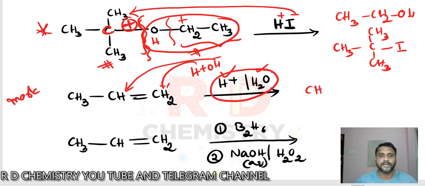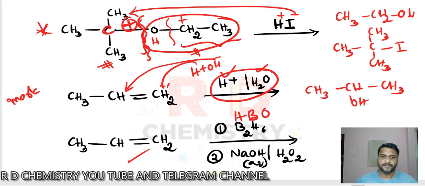So we get CH3CHOH with a single bond, by Markovnikov's rule. Remember, the next molecule is the same, but the reagents are different. This is called the HBO reaction, hydroboration oxidation, which involves anti-Markovnikov's rule for the addition of the water molecule at the end. Overall, the addition of the water molecule is according to anti-Markovnikov.